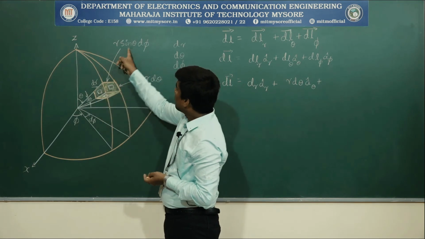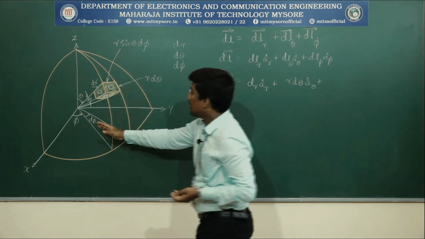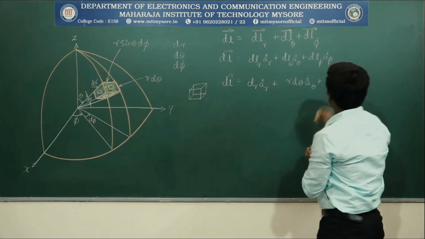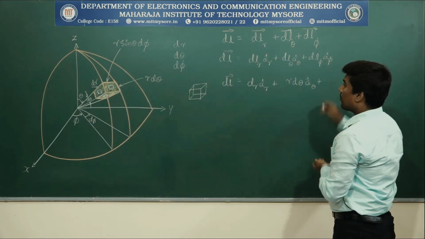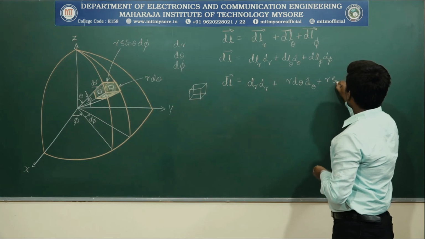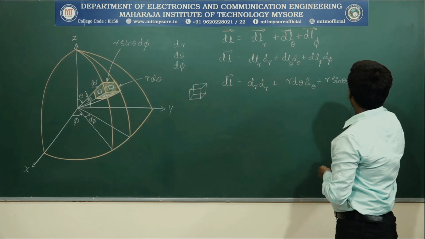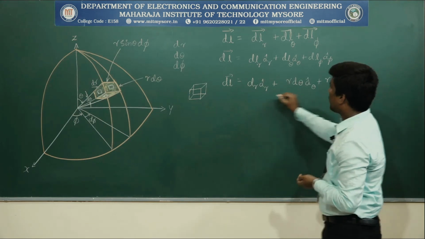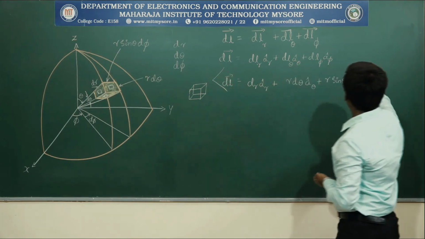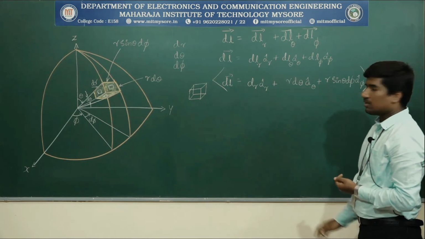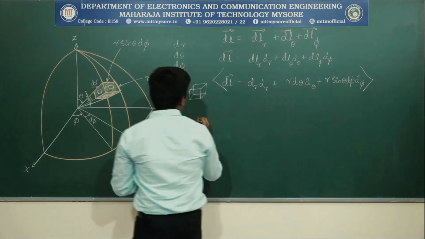Hence this elementary angle d phi is equivalent to this. Therefore dl phi is equal to r into sine theta into d phi into a cap phi. This is the equation for differential length in terms of the spherical coordinate system. Now let me write the equation for